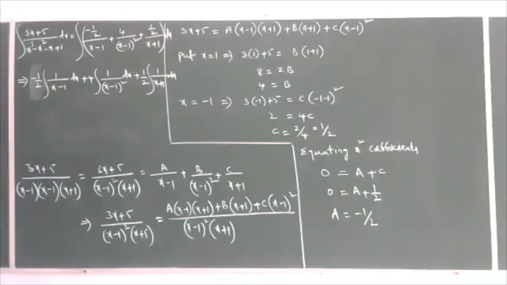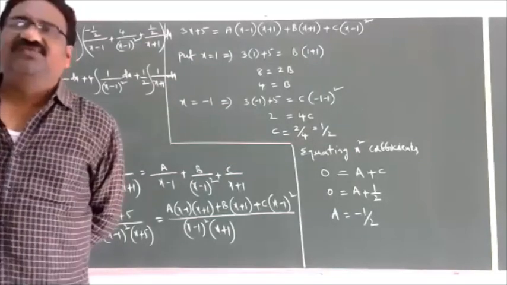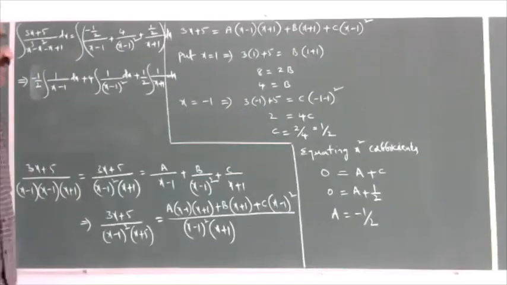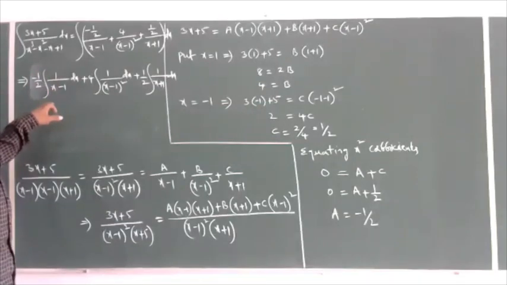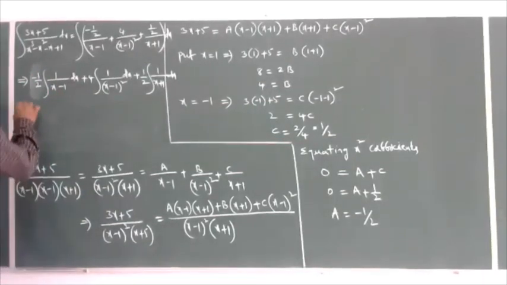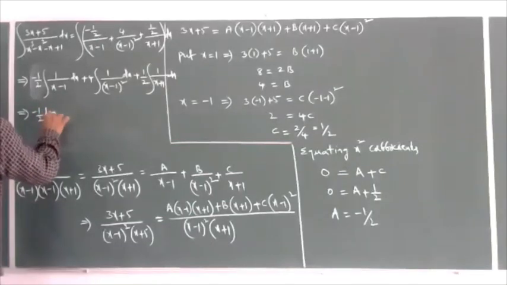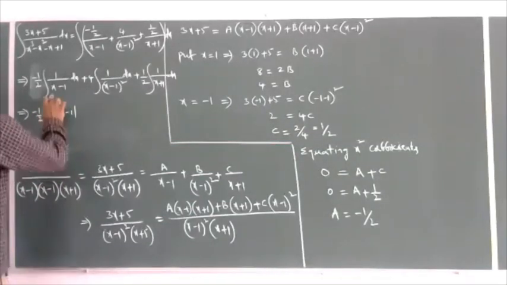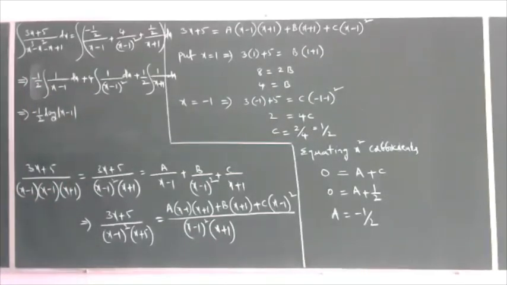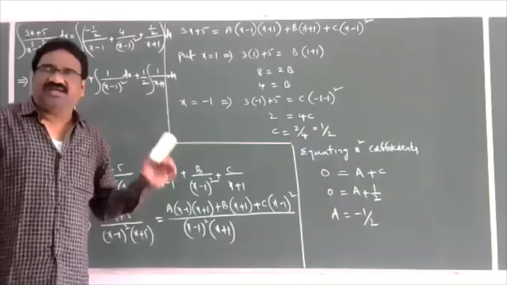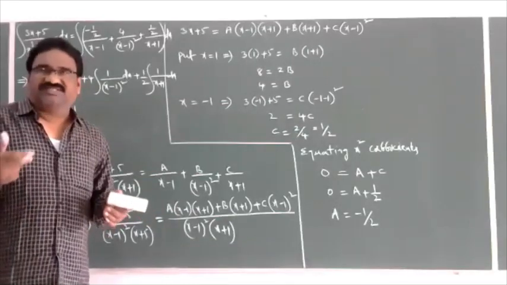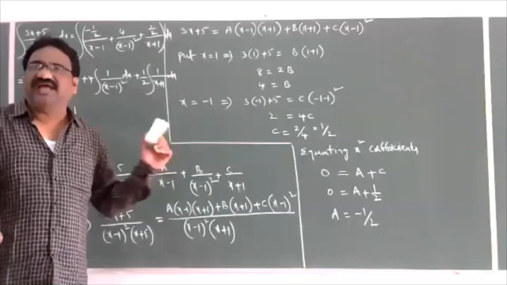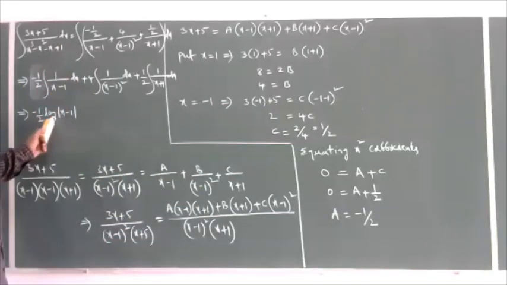Here directly you write the integration by using the formulas. Integration of 1 by x minus 1 is log mod x minus 1. You treat this x minus 1 as x. Integration of 1 by x is log mod x. That implies minus 1 by 2 into log mod x minus 1, with the derivative of x minus 1 being 1, by using the chain rule. For example, here using the substitution process, the steps are increased. That's why you can use the direct formula, that is integration of 1 by x is log mod x.